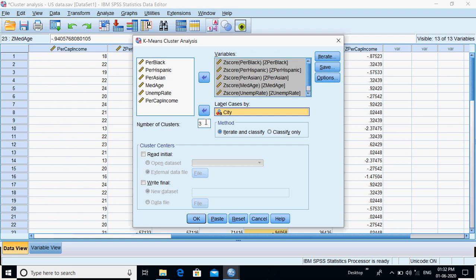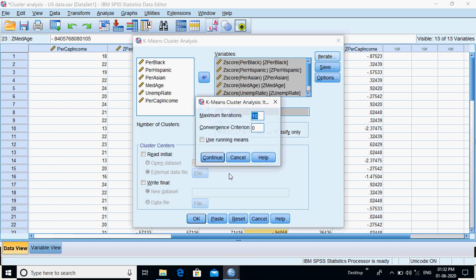A default option would have been 2 clusters. 2 clusters are not going to be really interesting and it's not going to give us a proper interpretation out of it. So let's at least have 3 clusters. You can decide upon 3 or 4. As I had told you, you have to also look into the conceptual base before you decide on the clusters. Now let's say we'll have 3 clusters. We instruct the system to provide us 3 clusters.